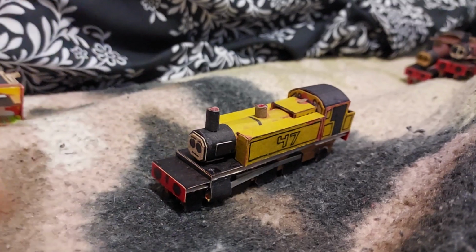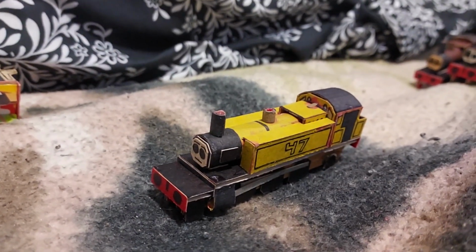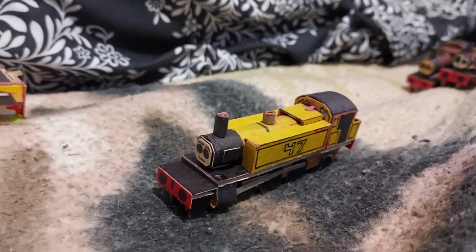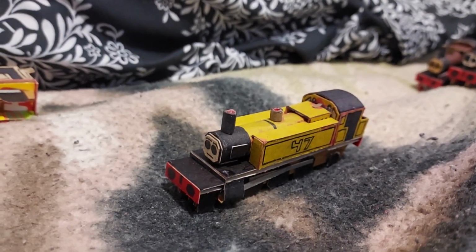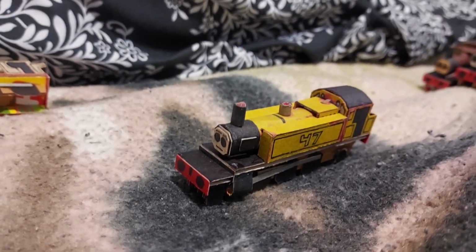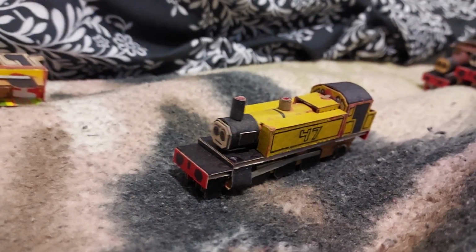Next up, we've got Andreas here. Andreas is based off of a 31,000 class 262 tank. These are fairly well documented classes. Not really, they weren't. But from the few pictures I was able to find, I was able to create his